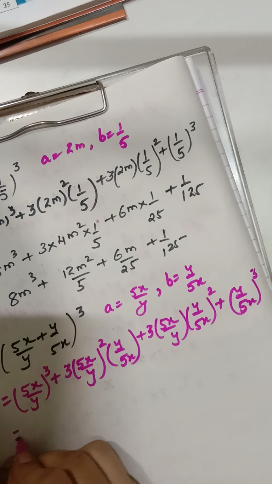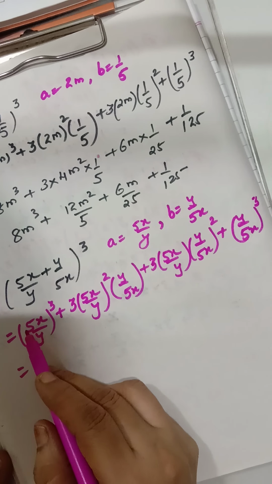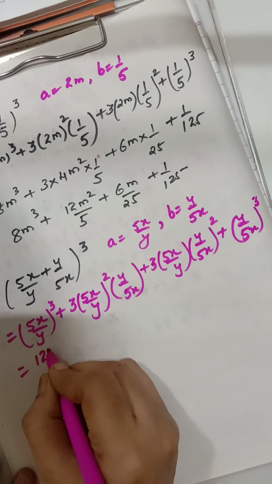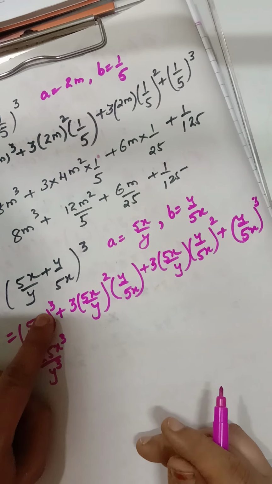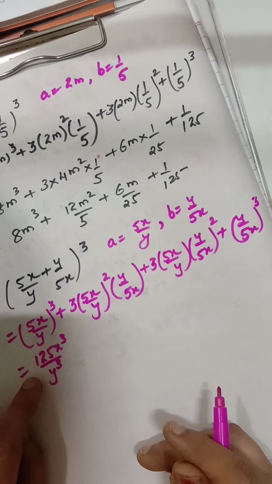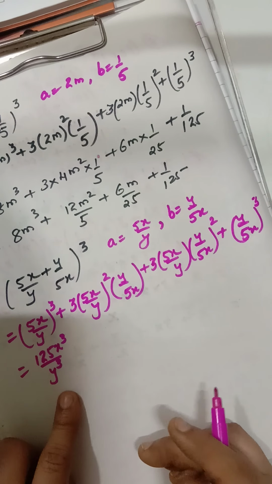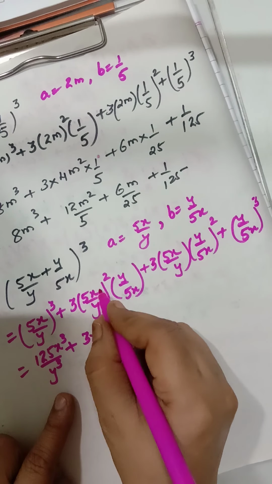So this is equal to, now see children, 5 cube, that means 5 into 5 into 5, so it is 125 x cube upon y cube. Now see children, this is a cube and we have put a whole bracket, so the cube will be applicable to numerator also and denominator also, so it becomes 125 x cube upon y cube plus 3 into 5x square